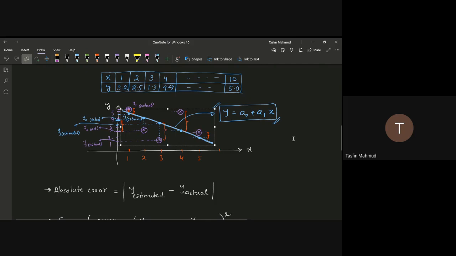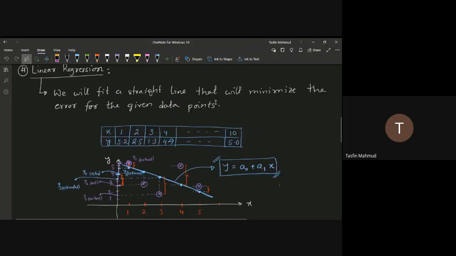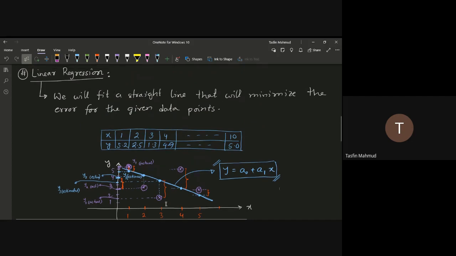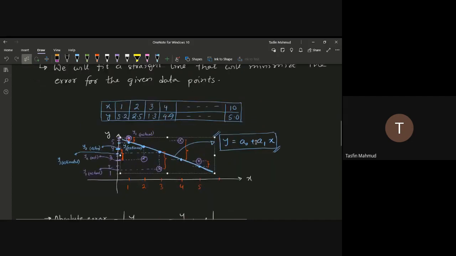So that's our main goal, that we want to find, or we want to fit a straight line that will minimize the error. ঠিক আছে, আমাদের এই স্ট্রেট লাইনের ইকুয়েশনটা খুঁজে বার করাই হচ্ছে কাজ। তার কারণ আমরা বলতে চাচ্ছিলাম না যে আমরা একটা স্ট্রেট লাইনকে ফিট করাবো, যে we will fit a straight line. আমরা এই স্ট্রেট লাইনটা ফিট করাতে হলে তো এটার ইকুয়েশনটাই আলটিমেটলি জানতে হবে, তাই না? কাজেই এটার ইকুয়েশনটা খুঁজে বের করাই হচ্ছে আমাদের কাজ। এই y ইকুয়ালস হচ্ছে a নট প্লাস a1x।